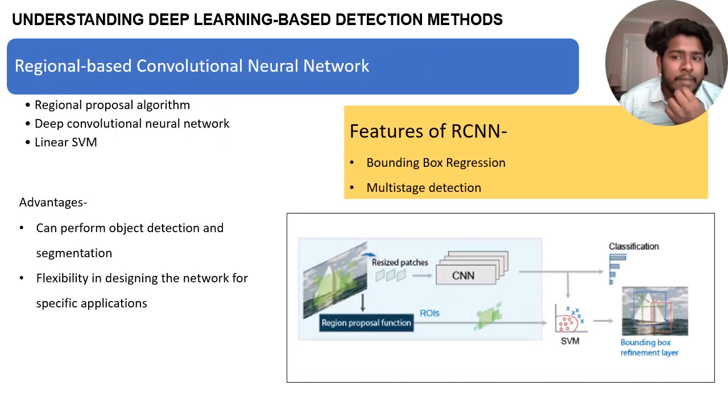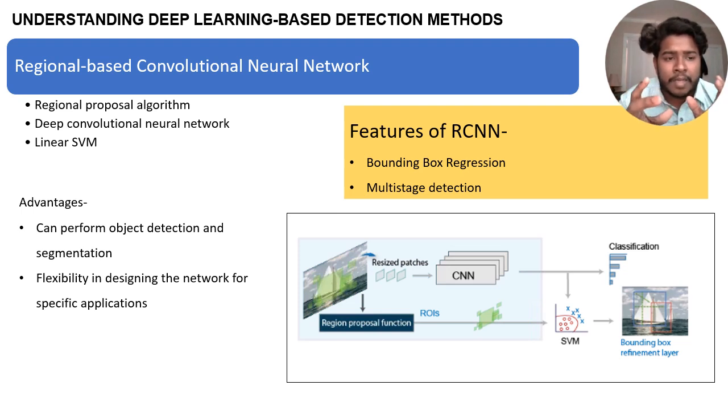Next is, as I mentioned, the RCNN. RCNN is a region based convolutional neural network. This method is the first method that was developed in deep learning based methods. This method is divided into three parts: one is the regional proposal algorithm, which was introduced for the first time in this method, then the deep convolutional neural network, then the linear SVM. As you can see from the diagram, the regional proposal algorithm captures the different regions from the images,